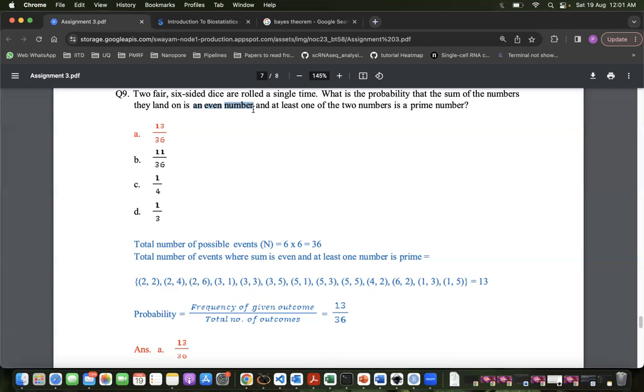Good, that's nice. That's also an option, but that's too complicated. Of course, it is complicated, but based on the statement, we need to consider it. Sometimes if we calculate in this way, the trick point in that question may be that land on the even number means the even number on the lower side, so automatically on the upper side we will get the other number. Okay, I see.